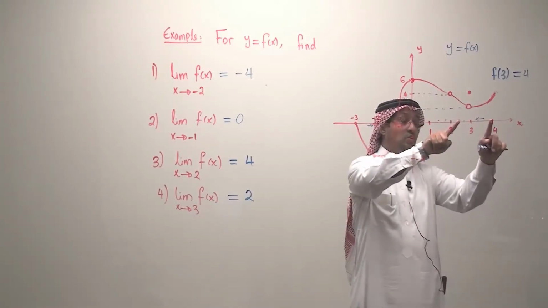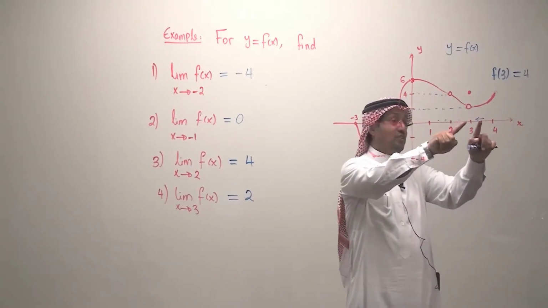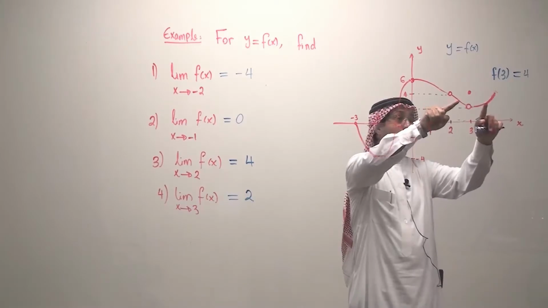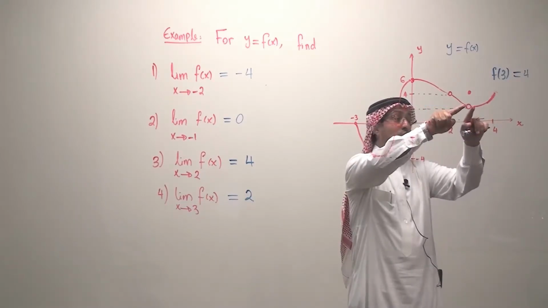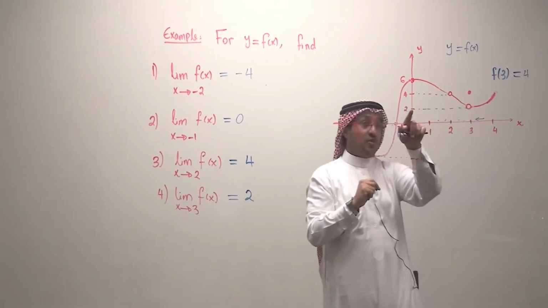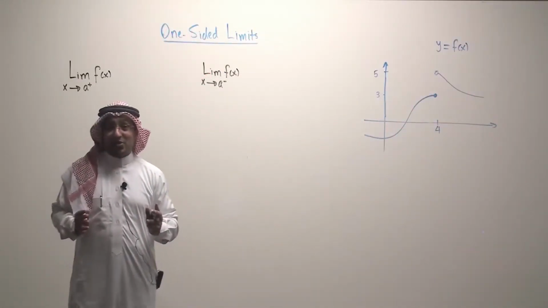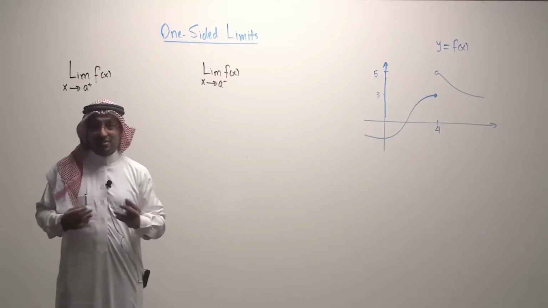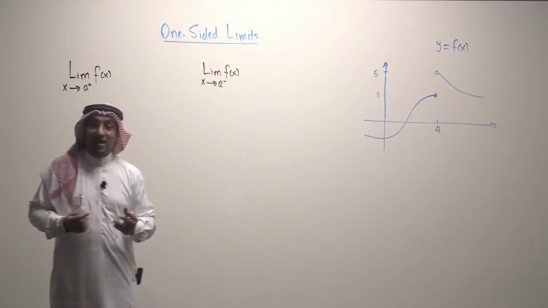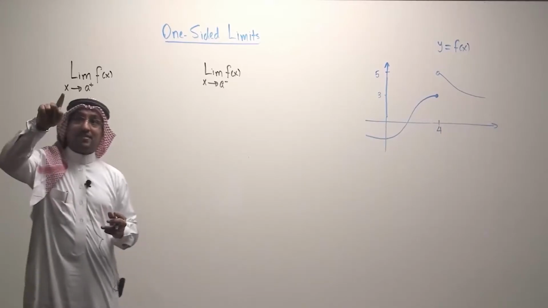As x is approaching 3, the curve is going to go to where? To be closer to where? To be closer to, in fact, this point. Okay, we are going now to talk about one-sided limits, which means that the limit as x goes to